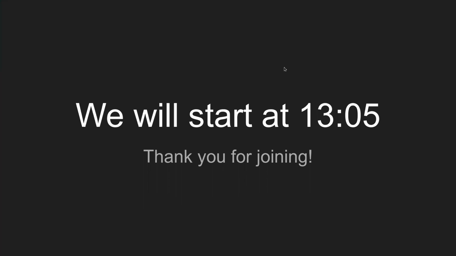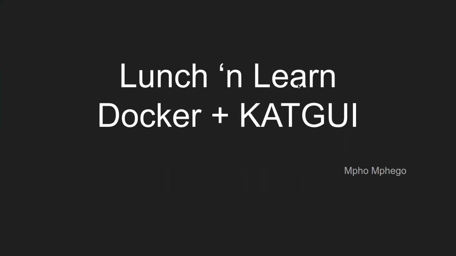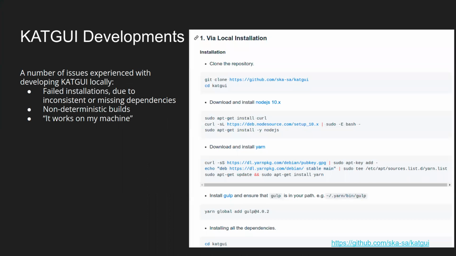Yes. All right. So as I was saying, this will be a 45 minutes talk regarding KATGUI and how to use it on a Docker container, mostly aimed at Docker beginners and KATGUI front-end developers. So I remember when I got introduced to KATGUI and developing on KATGUI, it was a bit tricky to get everything up and running. So on GitHub under KATGUI, there's a README file that instructs you on how to get